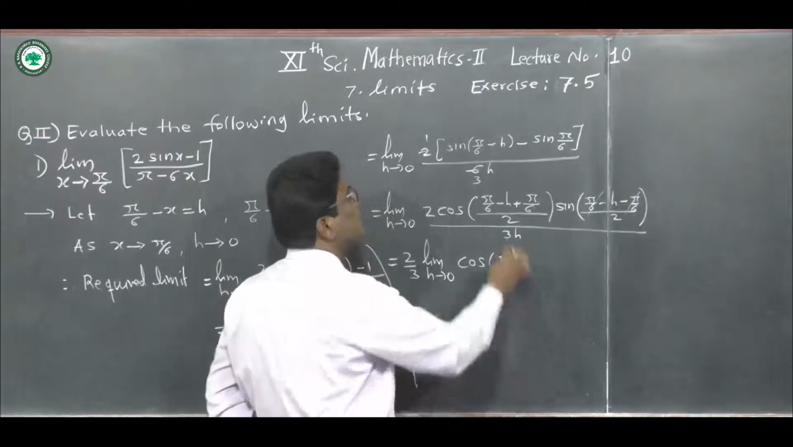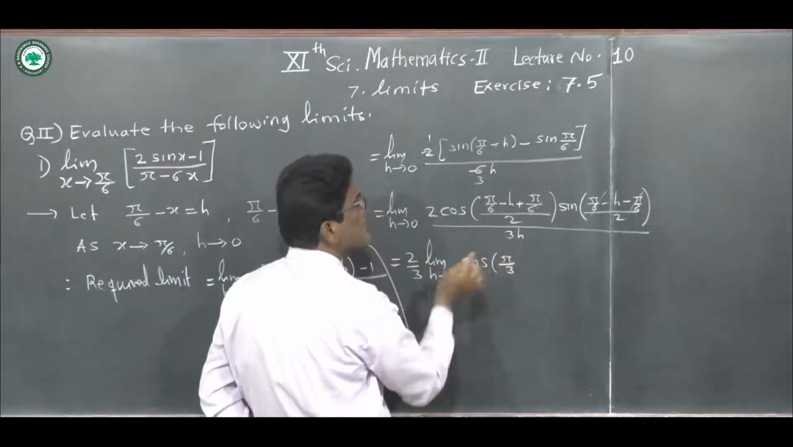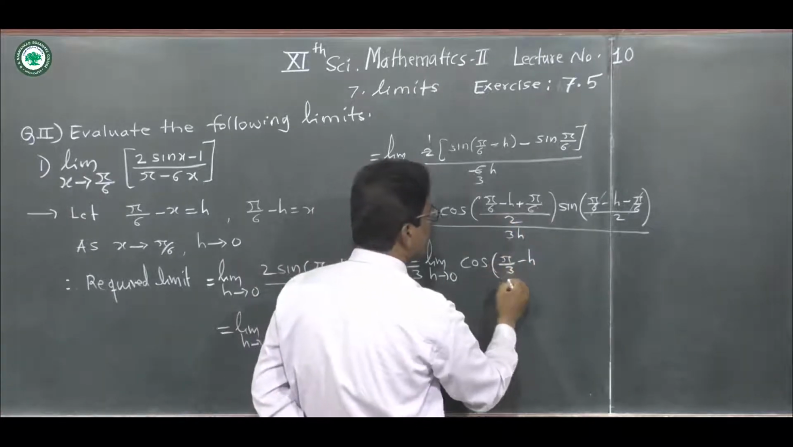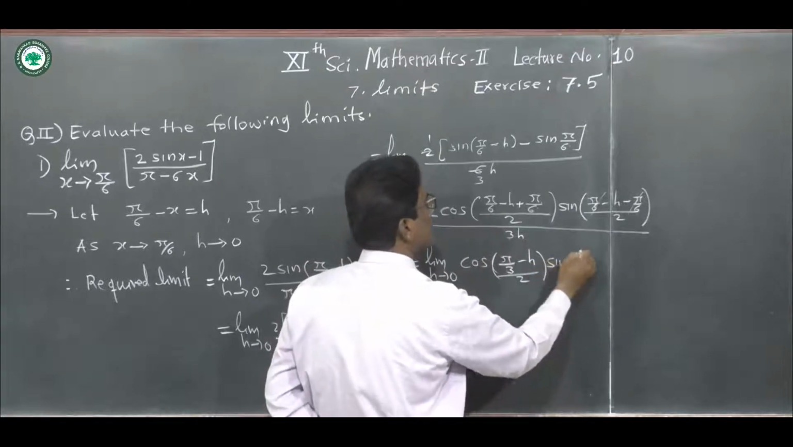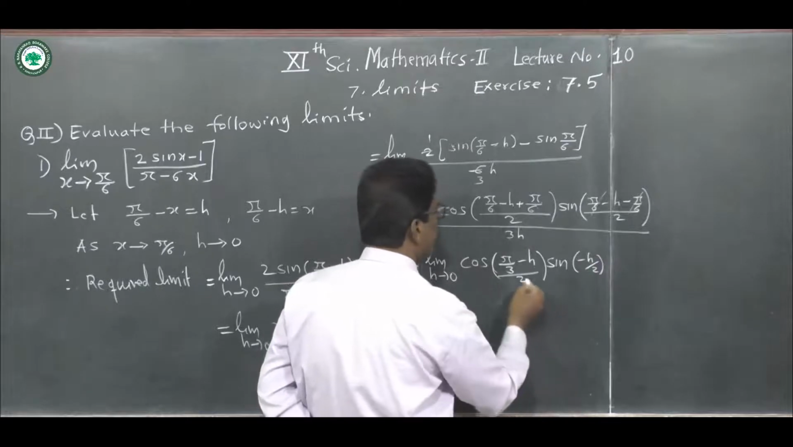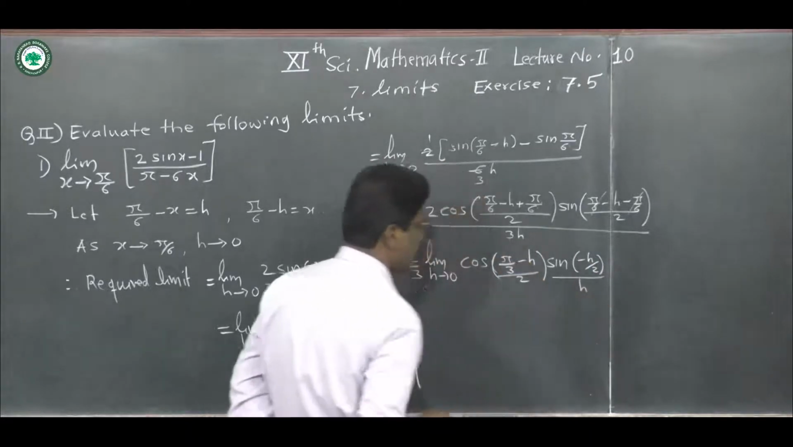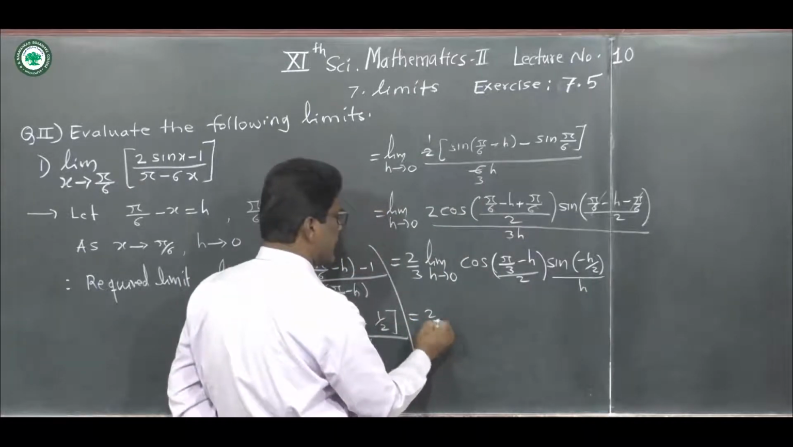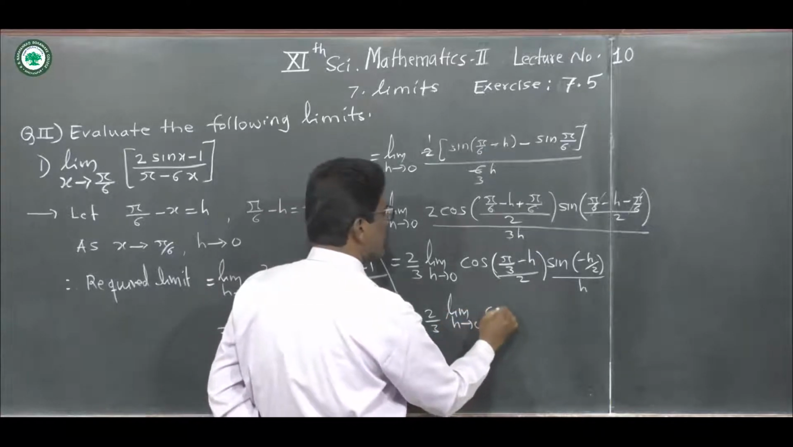Or we may take here this 30 degree plus 30 degree, 60 degree, and 60 degree is pi by 3. This minus h divided by 2, divided by this 2 into sine of minus h divided by 2 and divided by here this h, we write here h. Okay, so it is equal to 2 upon 3 into limit as h tends to 0, cos of